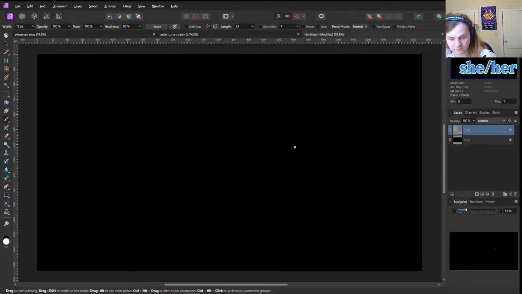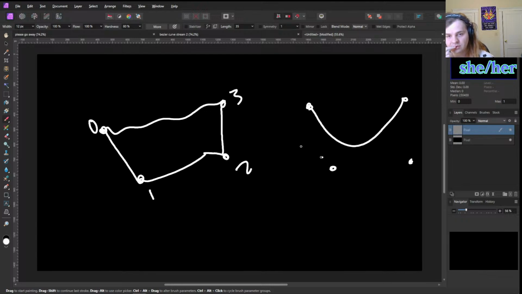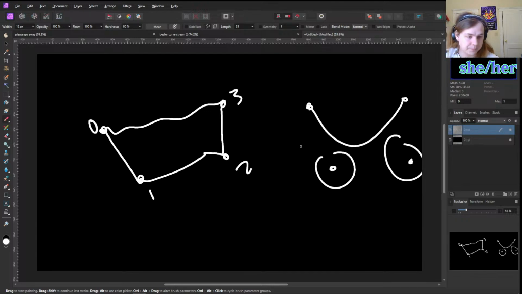Okay, so basically what I want to do today is, I mostly got what I wanted working in terms of points. So you have a bunch of points, right? You've got 0, 1, 2, 3, right? And currently the program just connects them in that order. And if it has 4 total points, it makes a Bézier curve like that. What I want to do is transition that so we actually make a Bézier curve like this, based on these control points. And then ideally we can stitch several of those together, and